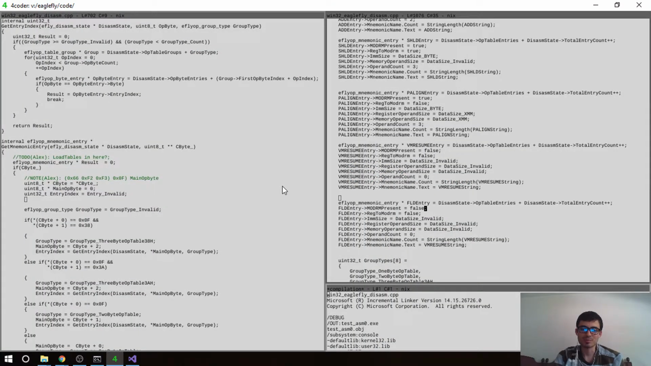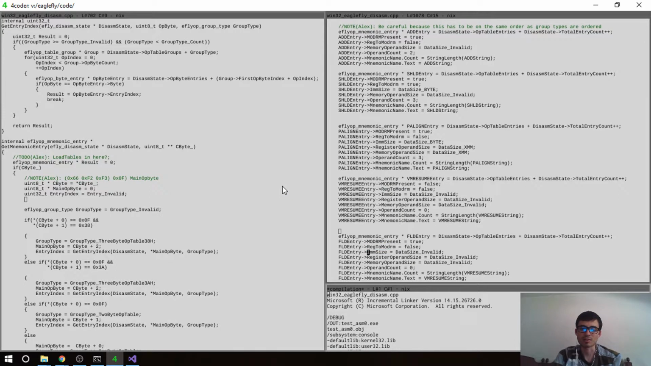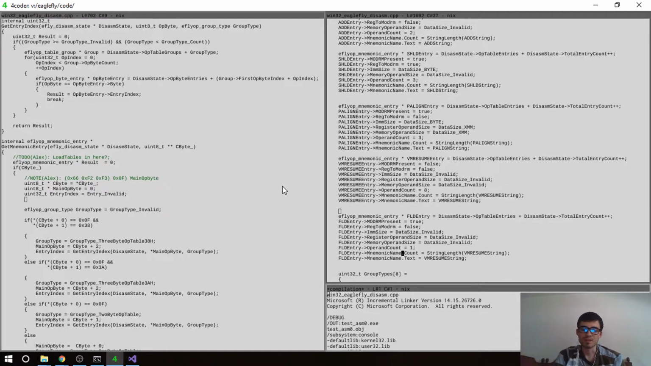Yeah, so we can say ModR/M prism because the ModR/M is gonna tell us that. Sorry, it's true, and let's follow the same idea for the add. We don't have any REX or ModR/M as well here, so you can just say the same thing here. Immediate size, register, operand size, all this can be invalid. Operand count, we do have an operand, it's 1, and the mnemonic name